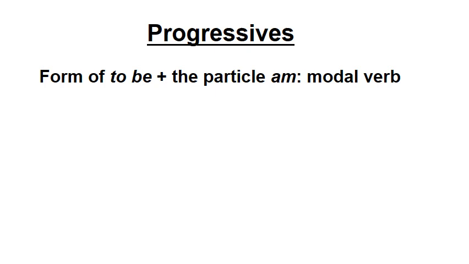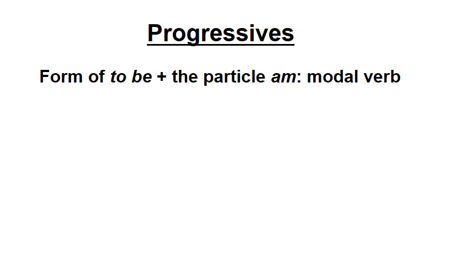Now, another thing we're going to look at here is progressive aspect, or progressives. The progressive aspect in English is when you tack on an ing to a verb. So, for example, I am going to the store. Now, for the most part, Deutsch will just use the present tense or even the past tense if you're talking about the past time for these progressives. So in Deutsch, the best way to translate progressives is usually just the regular present or the regular past tense.